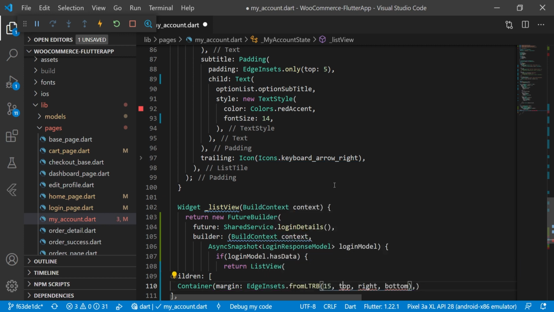In the left we are using 15, in the top we are using 15, in the right and the bottom we are using 0,